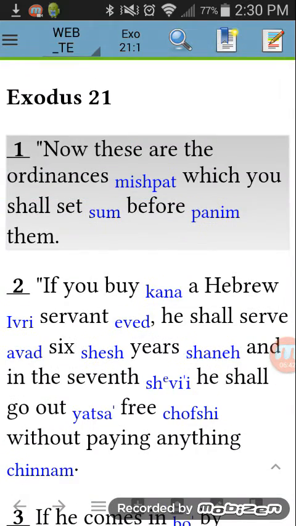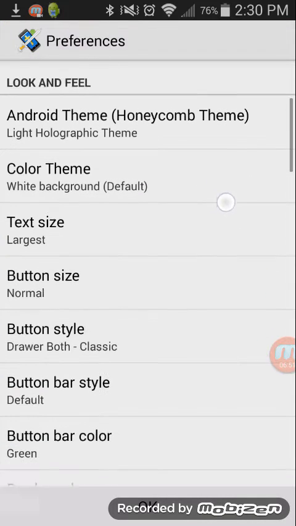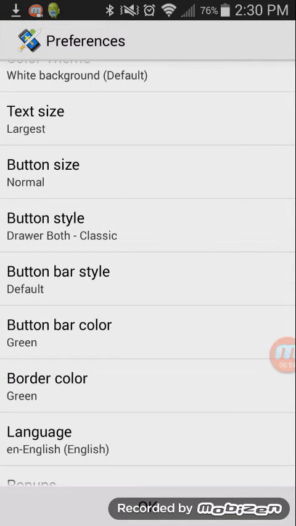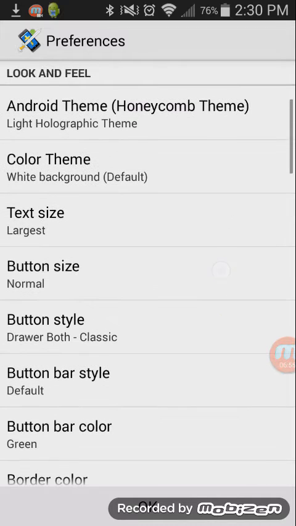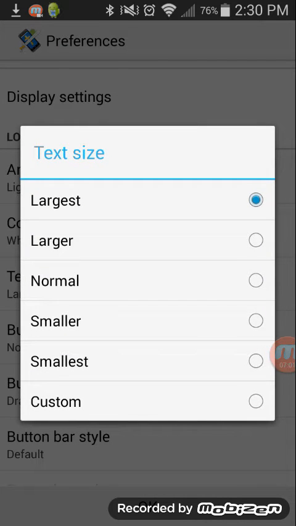And lastly, I'll quickly cover preferences. So clicking on the menu button again, you click on Preferences, and there's a whole slew of preferences, but the ones that are perhaps most interesting are text size. So we can make our text larger or smaller,